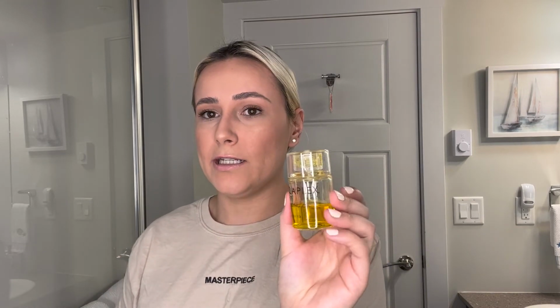So once I do that and then I rinse that off, what I like to do is towel dry my hair, and then I will go in with my number 7 Bonding oil. You really only need a little amount. A little goes a long way, and even when I'm not doing my whole routine of hair wash day, I